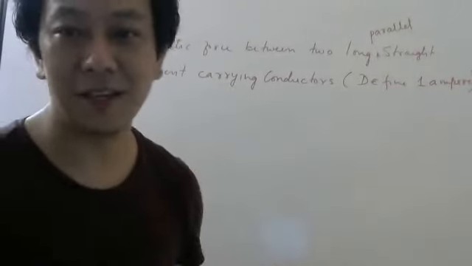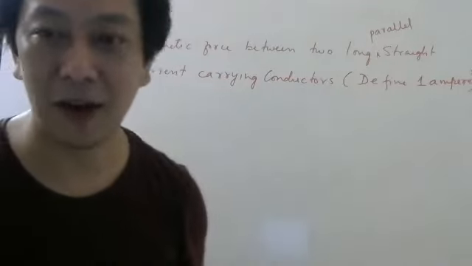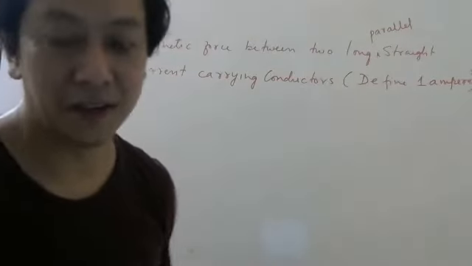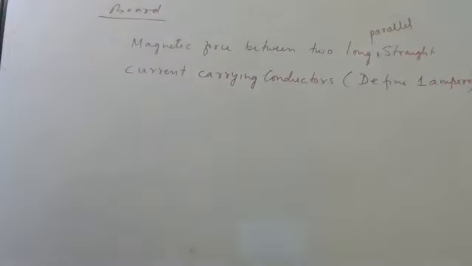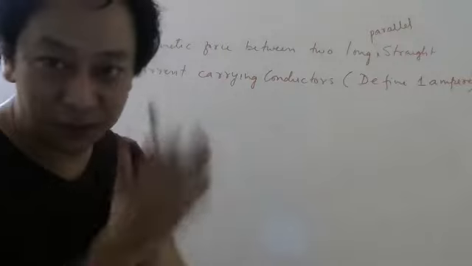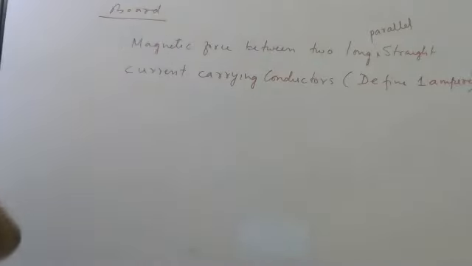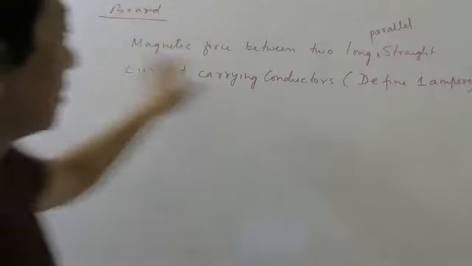So we don't say that when 1 coulomb charge passes in 1 second, that is called 1 ampere. Like that we don't define. Actually, coulomb is measured from ampere. So first we define ampere, then we measure coulomb. Okay, so please write this carefully, all of you.